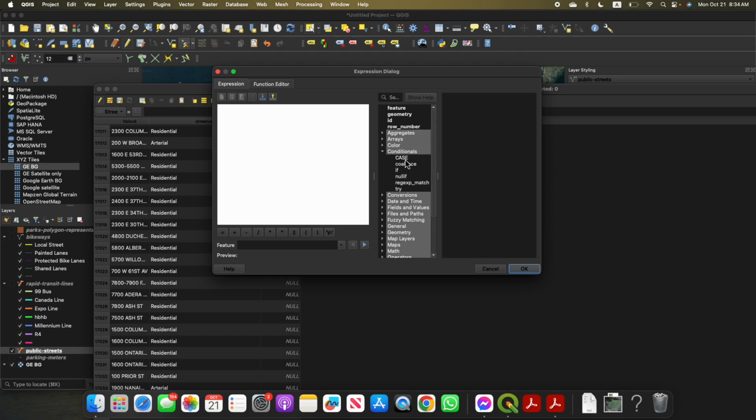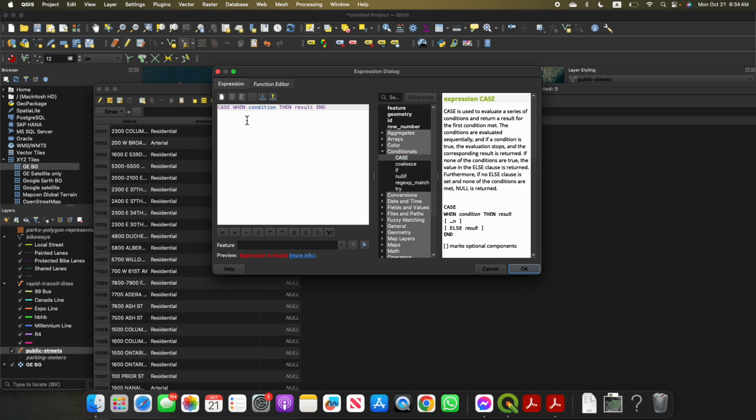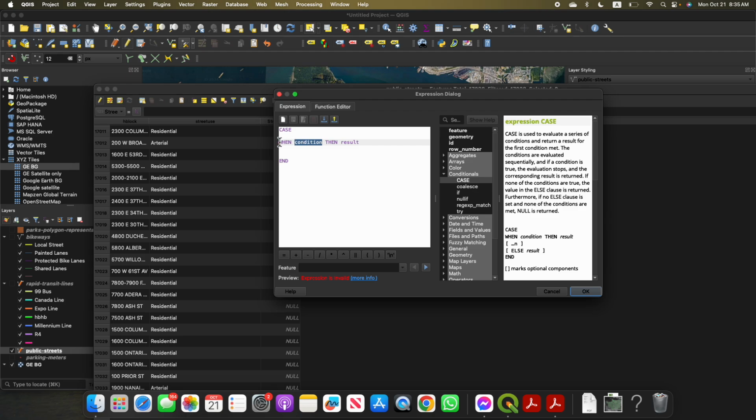So we can select a case option. So just say case when a certain condition happens, then do this. I'm just going to show you an example. So when the street use equals arterial, then result equals something. So I want this to be